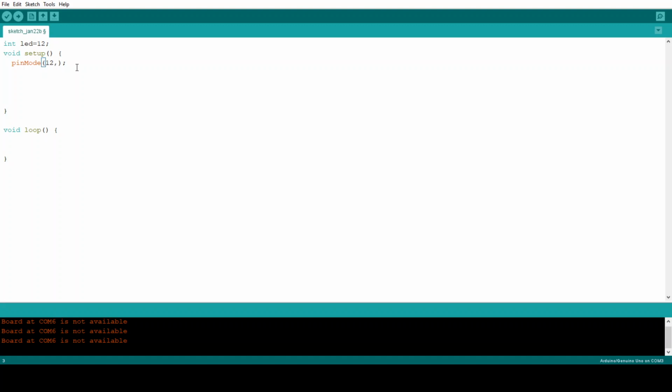Input ports are all sensors, buttons. Output ports are LEDs, LCDs, buzzers, etc. Here I am taking an LED, so it's an output port, right? So I have to declare an output port.